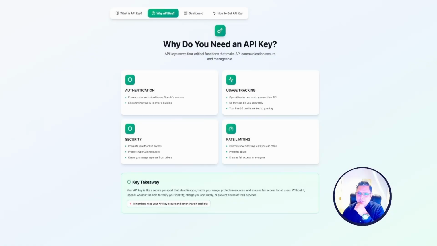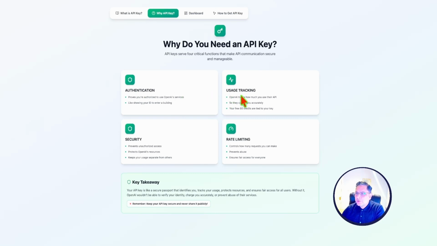Now the question is, why is an API key required? It serves 4 critical functions. First, authentication. Your API key proves you are authorized to access OpenAI services. Think of it like showing your ID to enter a building. Second, usage tracking.